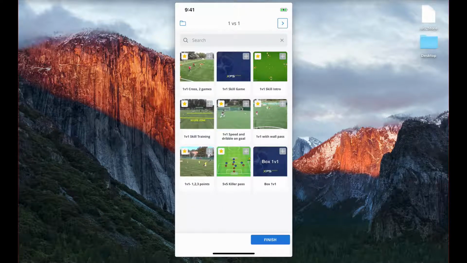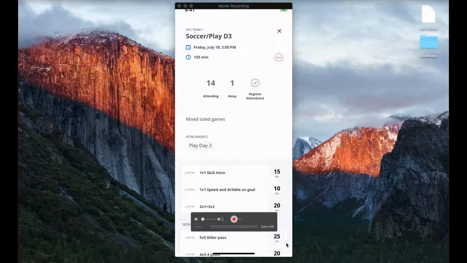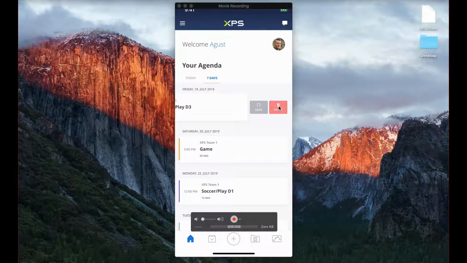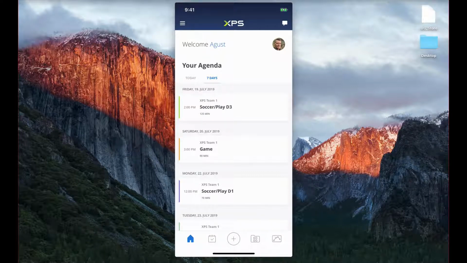Let's just press finish here on the bottom bar. Now we're done. Close it by Xing out right here. On the agenda, you can also swipe to the right here if you just want to move something quickly or delete. With this plus button, now I was editing an existing practice,